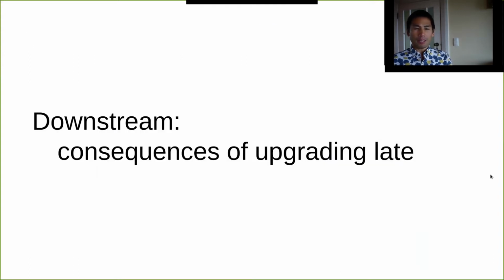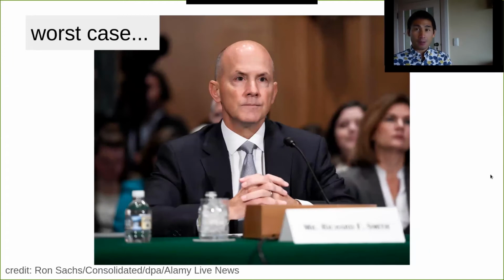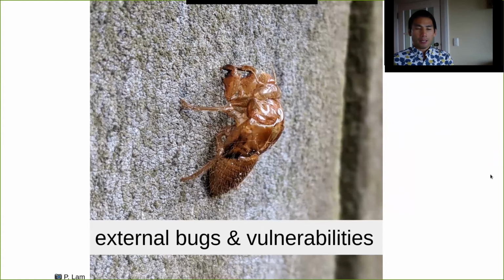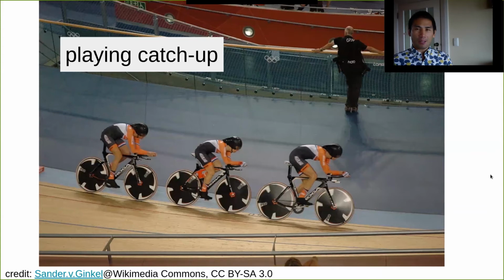Now let's talk about downstream. So we talked about this a bit before, but I wanted to go into more detail. And so consequences of upgrading late, as I said, in the worst case, you get called to testify before Congress. But there's also the issue about technical debt and priorities, right? So you have external bugs and you have vulnerabilities. And so what happens is that